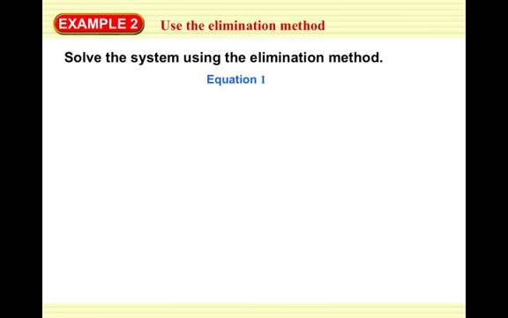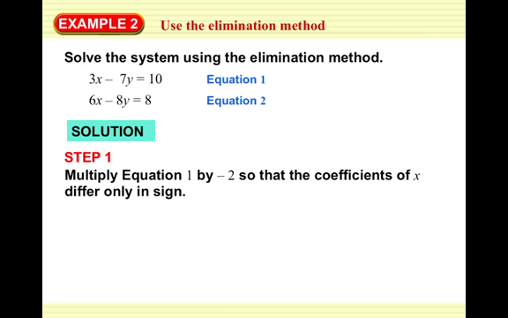Alright, again, easier to see in an example. So here are our two equations: 3x minus 7y equals 10, 6x minus 8y equals 8. So looking at this, let's see. If we multiply the first equation by negative 2, that will give us negative 6x, and then in the second equation we have 6x, so we could add the two equations together and eliminate the x's, which is why this is called elimination. So let's take this top equation and multiply by negative 2,